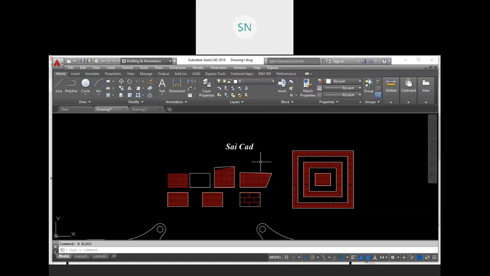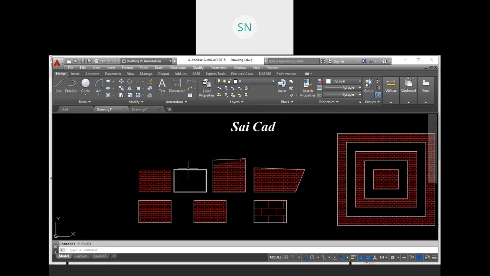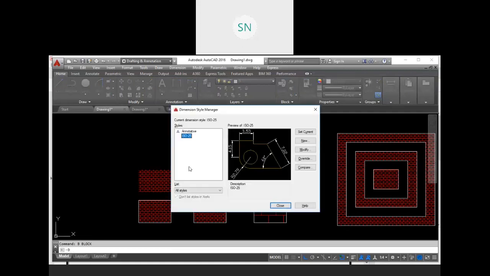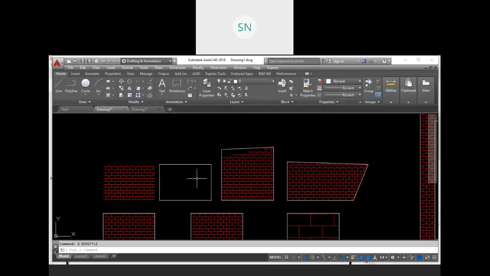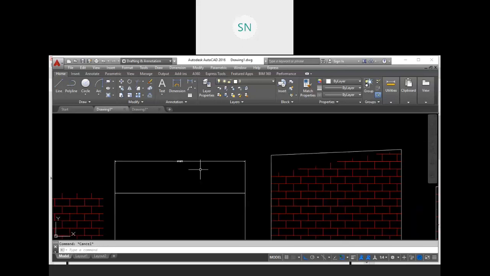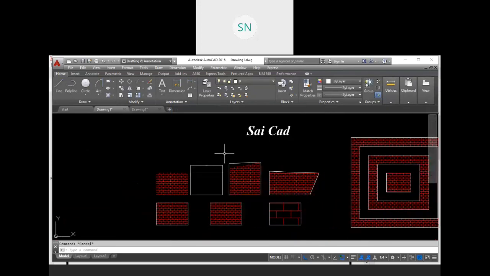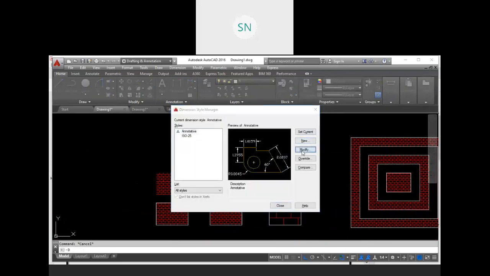And the fourth and last object we have in AutoCAD is the dimension. So we are able to create an annotative dimension. Go to D, enter, dimension style, and here we have the annotative dimension style. Click on that, set as current and close. Now I'm going to specify one dimension for this. Okay, it is too small, it's not readable. So let me modify this.